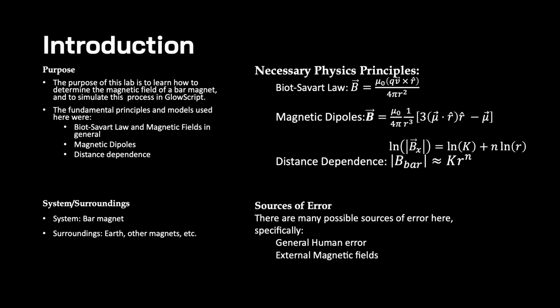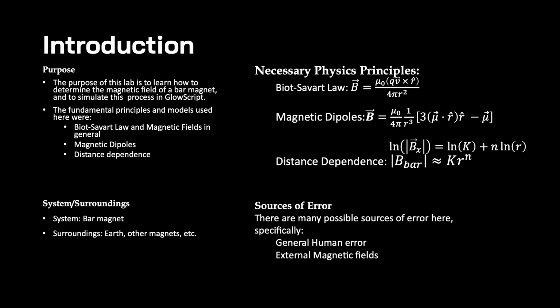And distance dependence is k r to the n, but then the linearization of the x component of that is, as you can see, ln of the x component of that equals ln of k plus n times ln of r, where n is the slope of that line, r is the distance, and k is some combination of constants, including